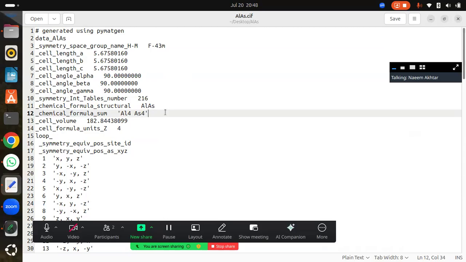Chemical formula sum. What does this mean? This means that there are 4 aluminium and 4 arsenide atoms in the chemical combination. Another is the cell volume. According to these parameters, there is a cell volume, and there is the chemical formula unit, Z is equal to 4. What does this mean? This means that